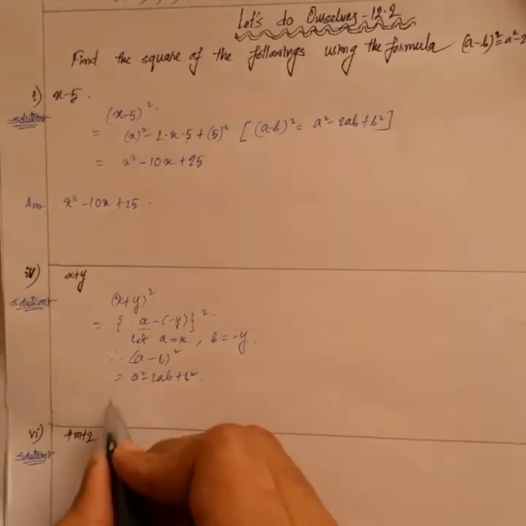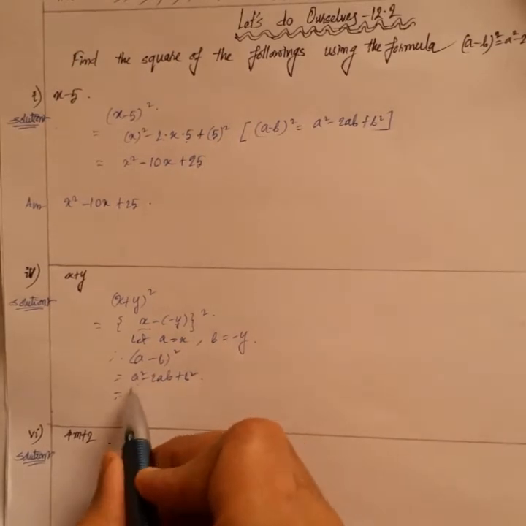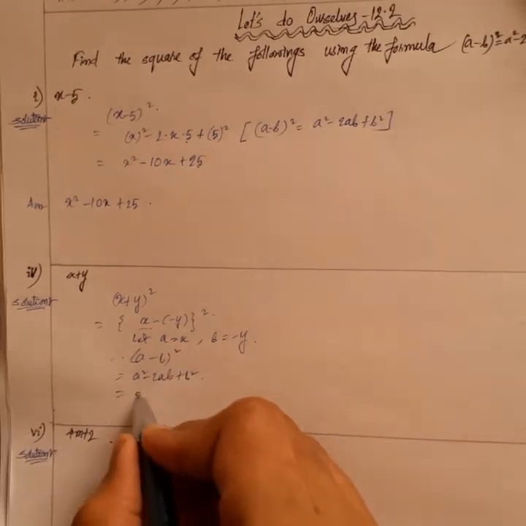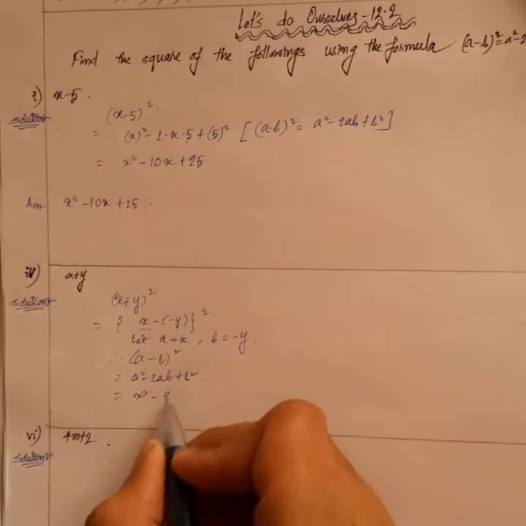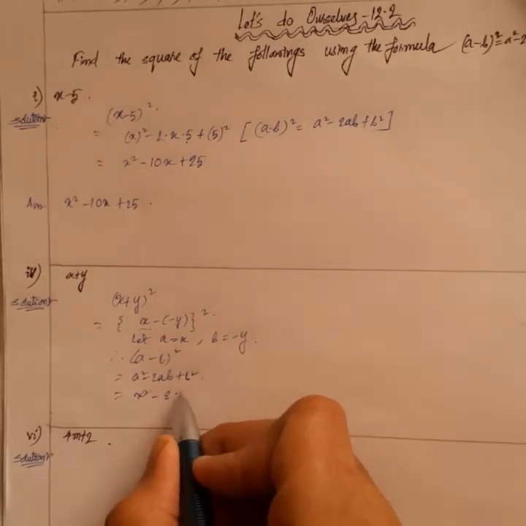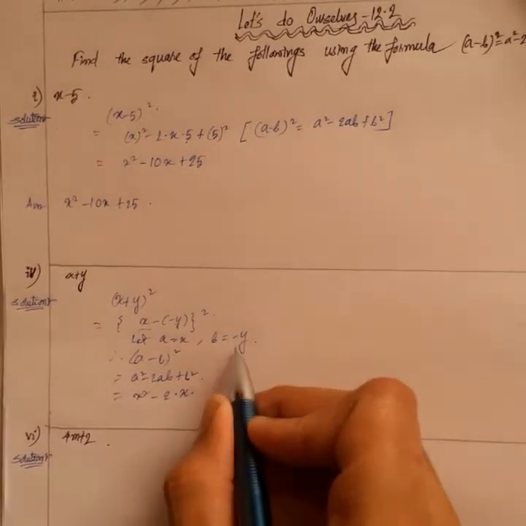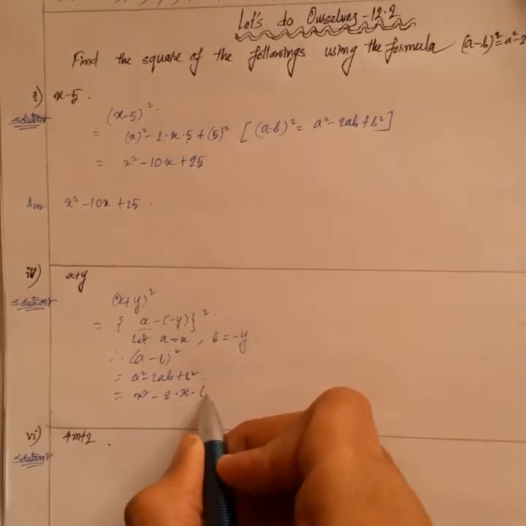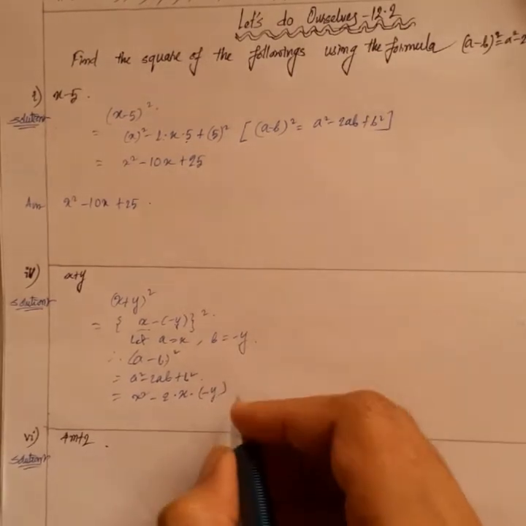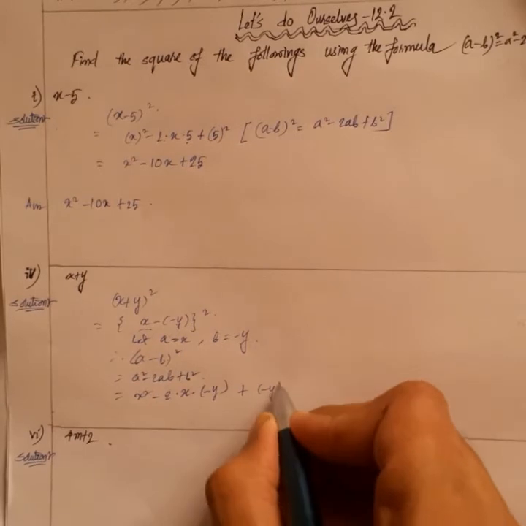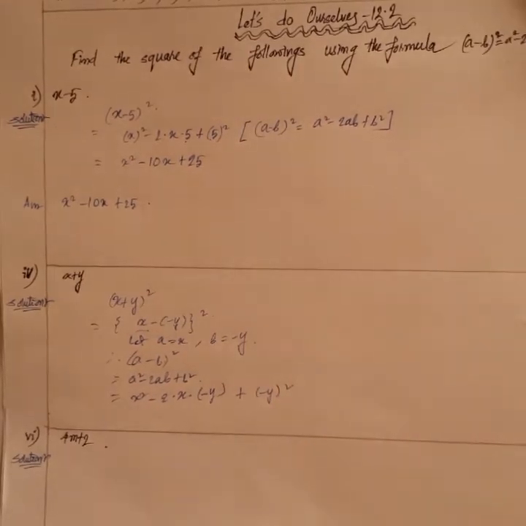Okay. So in place of writing a, you can write x. That will give you x square in here. Now for this 2ab part, write 2 into x into, since you have got a minus sign over here, be careful and write it within the first brackets. Whenever a minus sign appears in the expression, you should be careful so that you do not make any mistake.